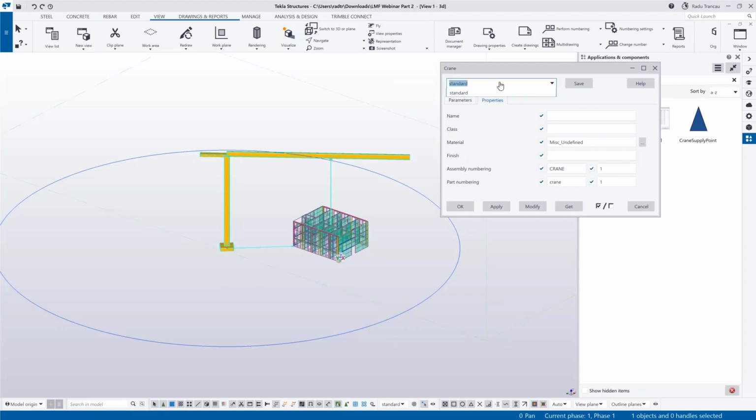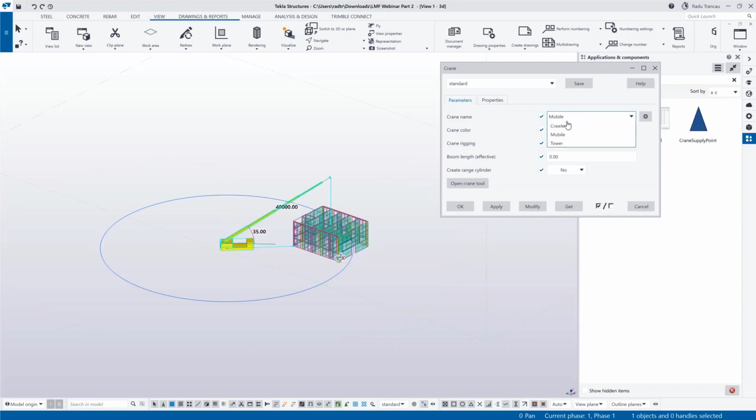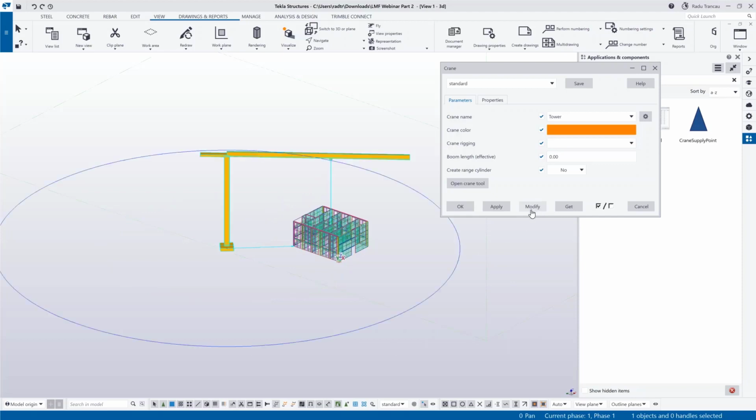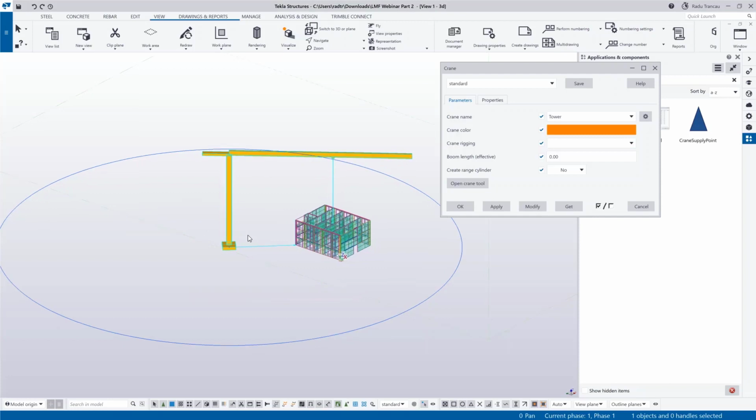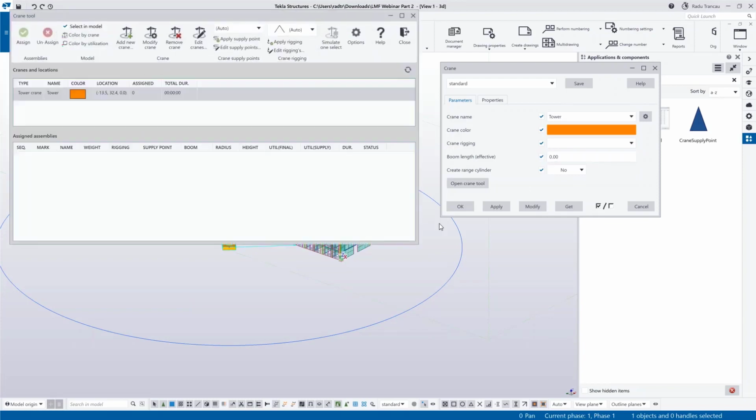You can start giving it a name, class, and finish, and also a few parameters here. You can also make it a mobile crane, or a crawler, or a tower crane. So you have different options here to plan your erection from the crane tool. You've got the boom length, effective, and you also have this option here, which is the latest addition, the crane tool,